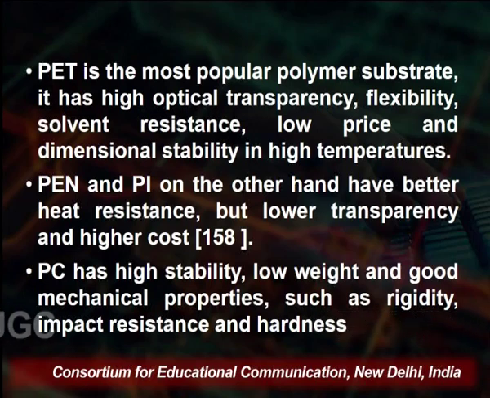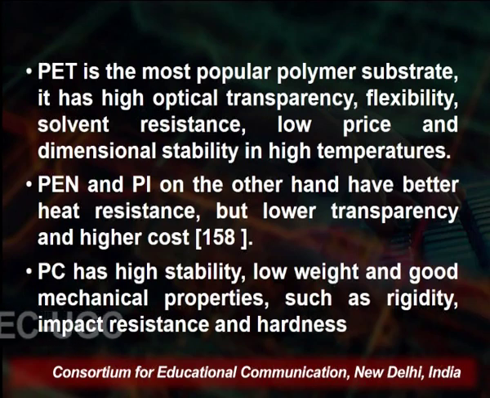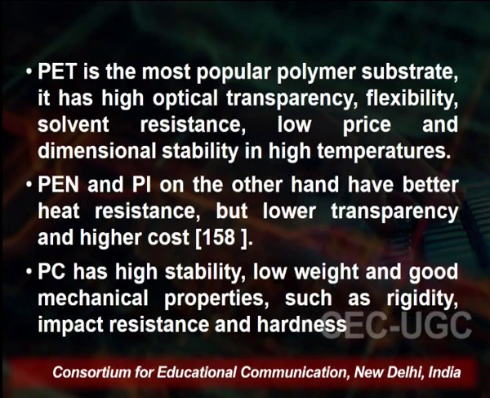Now it is an optically transparent sheet, and it is flexible also, solvent resistant, low price, and it has dimensional stability at high temperature as compared to paper. So we can use PET, which is a thin synthetic polymer, for printing electronics and to develop electronic gadgets on it. Now PEN and PI, on the other hand, have better heat resistance